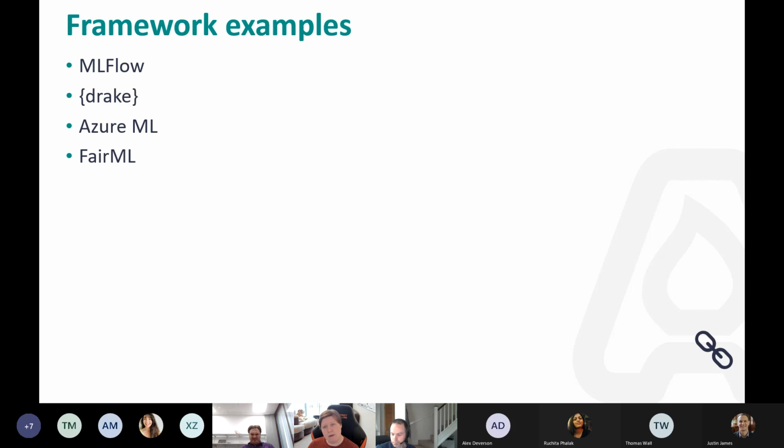Drake is a really great package in the R world for building reproducible end-to-end analysis, and has checkpointing and caching. So instead of having to rerun the whole thing at different times, for long-running operations, you can cache it to a certain point and then run the latest bits.